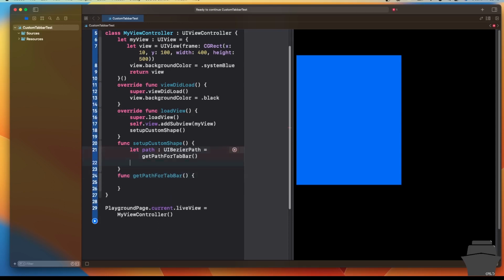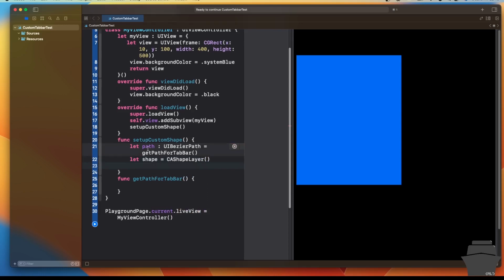For drawing paths, we will use CAShapeLayer. Let's also create that. That will be equal to CAShapeLayer. So please pay attention. With the UIBezierPath, we're gonna create the shape's path information, and with the CAShapeLayer, we're gonna actually draw that shape according to the UIBezierPath. Here in the next line, let's make some configuration. Let's say shape.path will be our path, and also